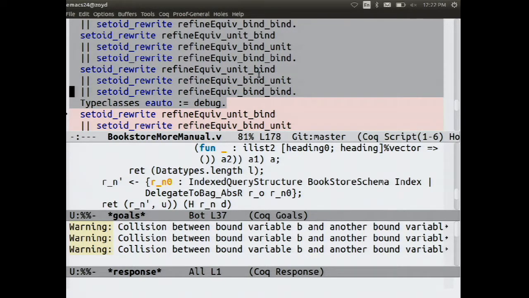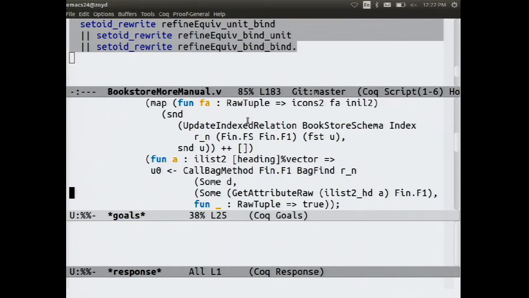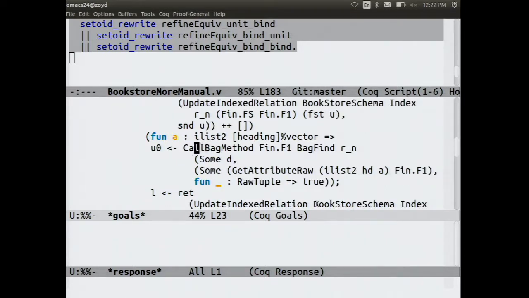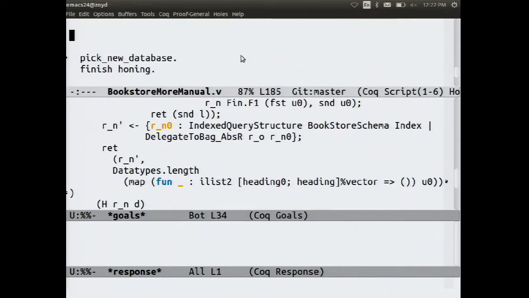Even one of these rewrites takes long enough to notice. And we reduce everything to calling an enumerate method on one of the tables and then looping over the contents of another table where, on every iteration of that loop, we're calling a find method on the other table and combining things appropriately. And that one we can finish in the same way as before.